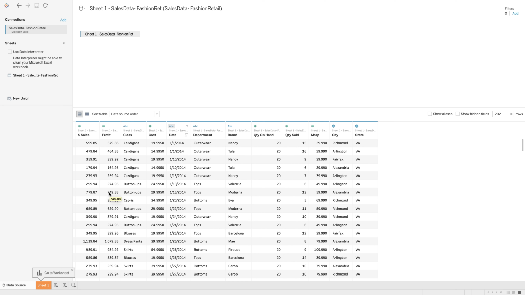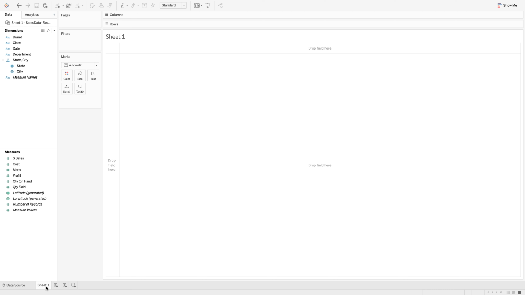So to ingest this data into Tableau, what we're going to do is this orange tab here, Sheet 1, we're going to go ahead and go to that worksheet. Here we've got the Tableau Worksheet Builder view. This is a canvas where you're going to build data visualizations and be able to analyze your data and begin to put together the constituent parts that go into building a story or building some type of analyses